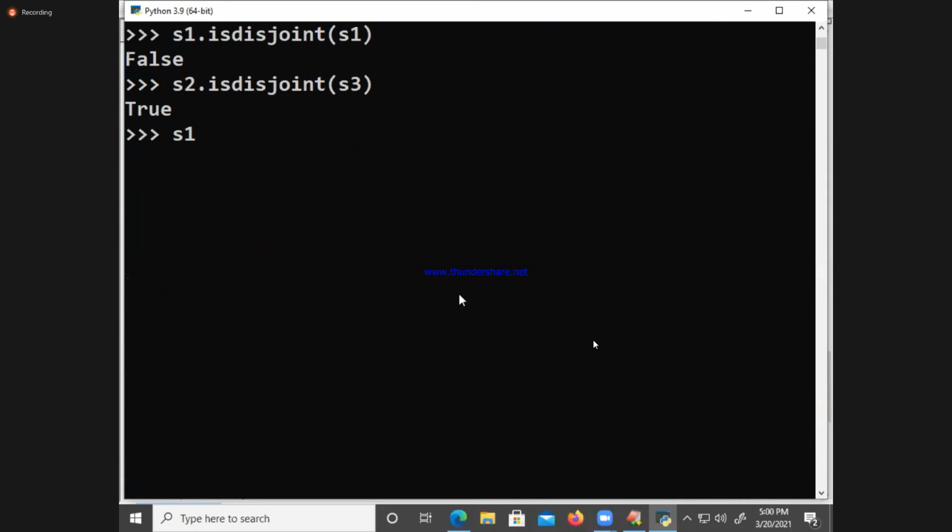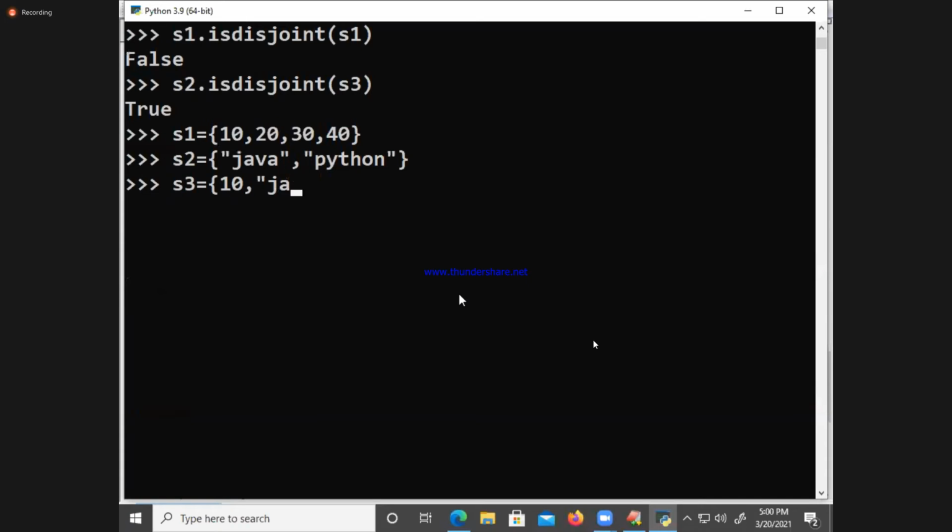Okay. Once again. S1 is 10, 20, 30, 40. S2 is equal to Java, Python. S3 is equal to 10 comma Java. Again I will take S4 is equal to 10 comma 20. Start.